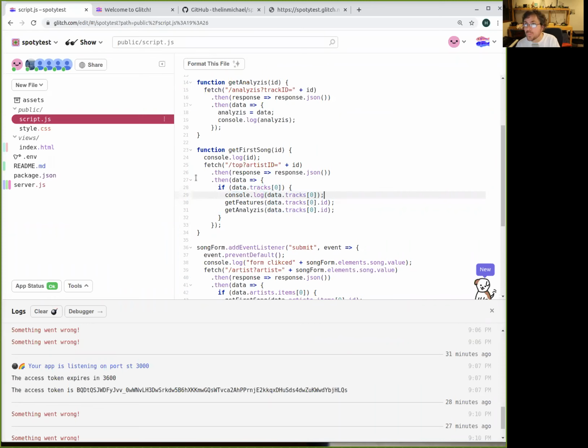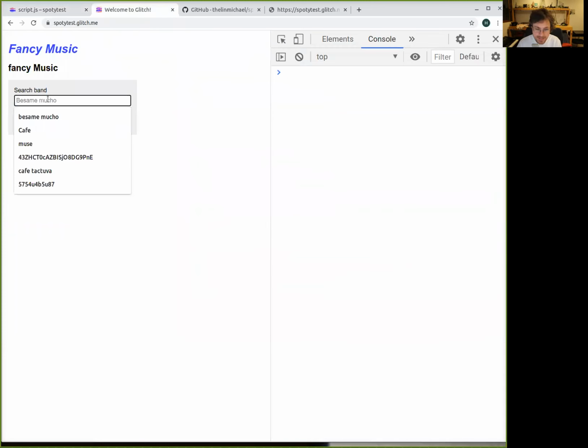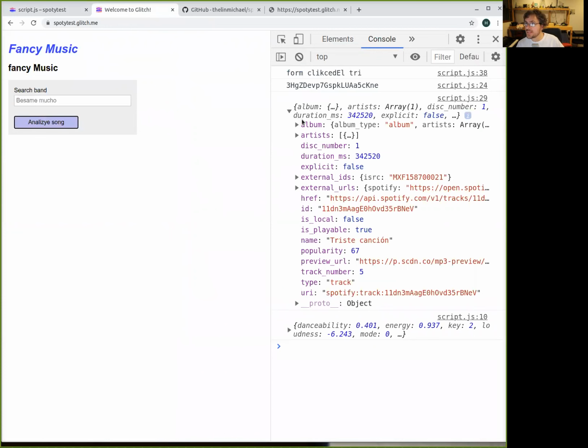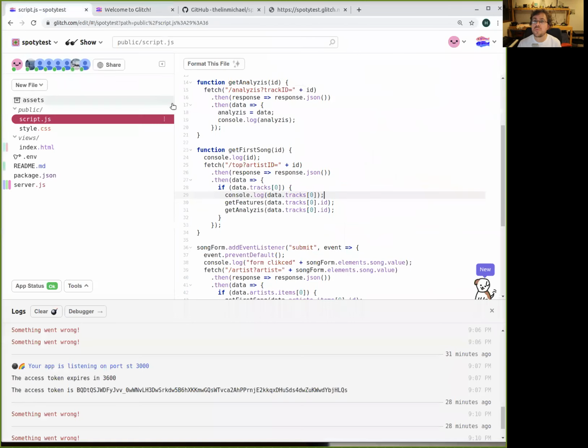So once that we have here, let's see again from L3. Oh, in which album it's located, okay? If it's explicit or not. Triste canción, yes, okay? Triste canción. So why don't we keep the name?